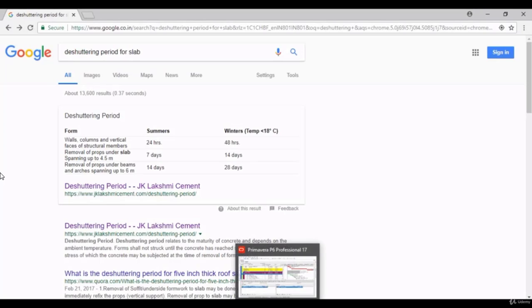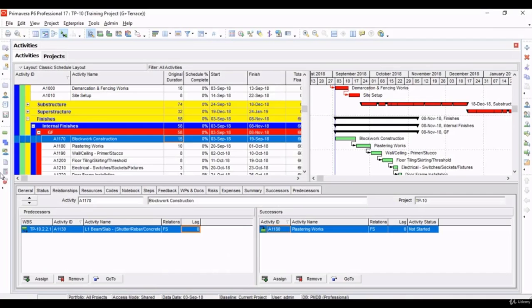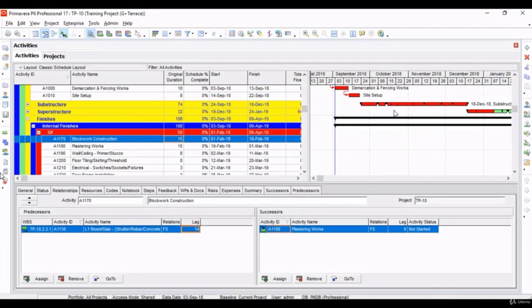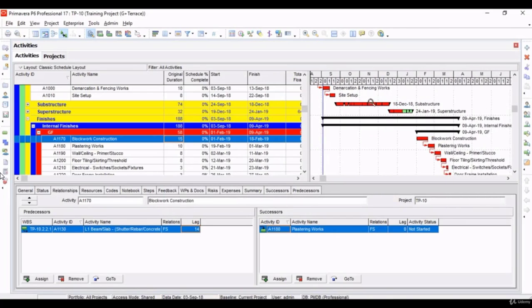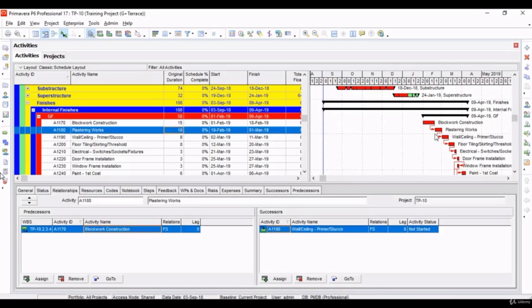Let's come to Primavera. And let's give this lag, let's give it 14 days. Now you can see block work construction is now starting after L1 slab de-shuttering works.